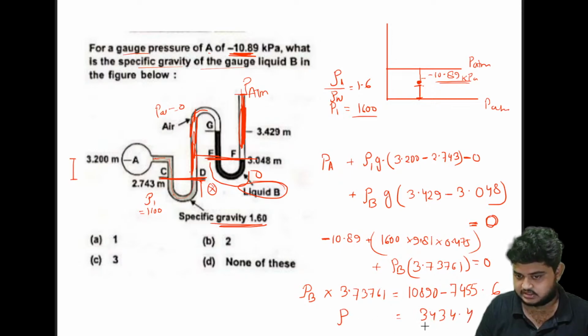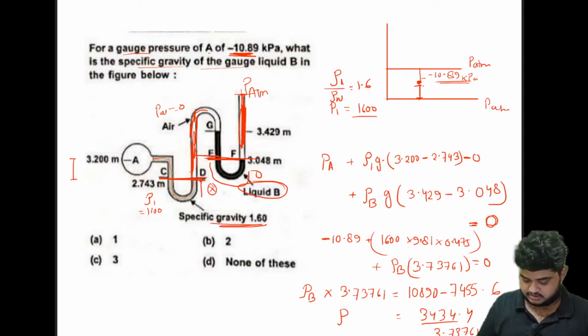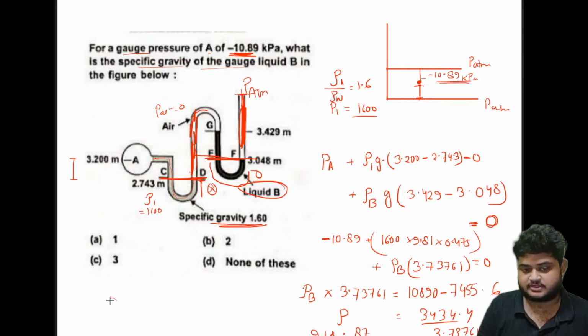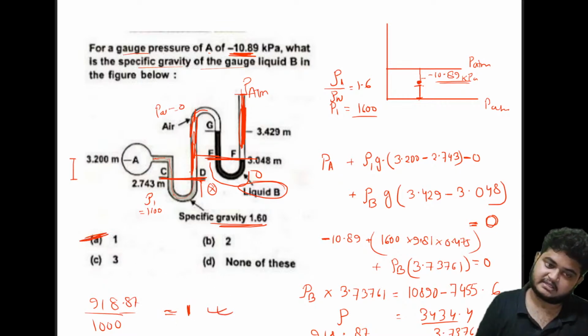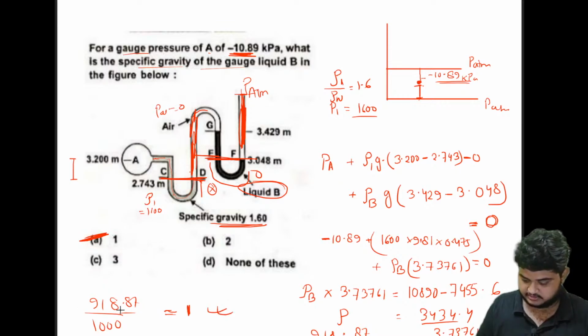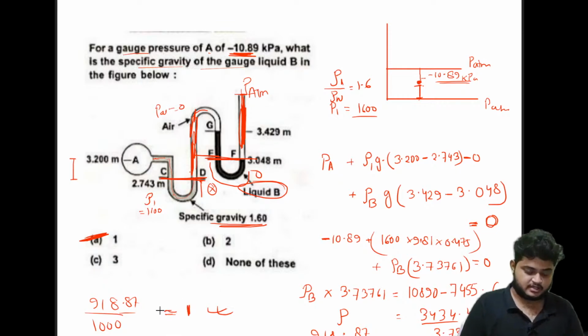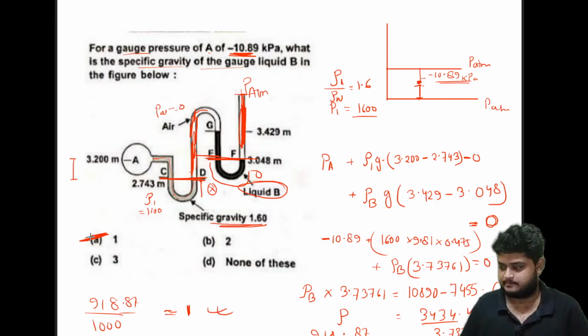अगर इसको हम कैलकुलेट कर देंगे तो ये आ जाएगा एज 3,434.4, और अगर रो निकालना चाहे तो ये कर देंगे डिवाइड बाय 3.73761, and this will be coming out as 918.87, तो इसका स्पेसिफिक ग्रेविटी हो जाएगा 918 बाई 1087, तो इसको अब अप्रोक्सीमेटली 1, क्योंकि ऑप्शन नहीं दिया हुआ है तो इसको आप अप्रोक्सीमेटली 1 मान के ये आंसर एक कर सकते हो, ठीक है। क्योंकि अगर इससे 1000 में डिवाइड भी करूँ तो इसका आंसर आ जाता है तो 0.91 समथिंग, तो इसको अप्रोक्सीमेटली हम 1 मान लेंगे, ठीक है। तो आंसर विल बी 1,